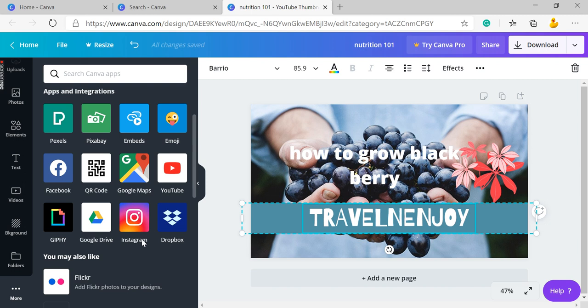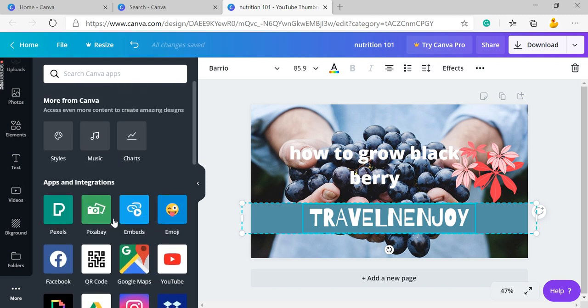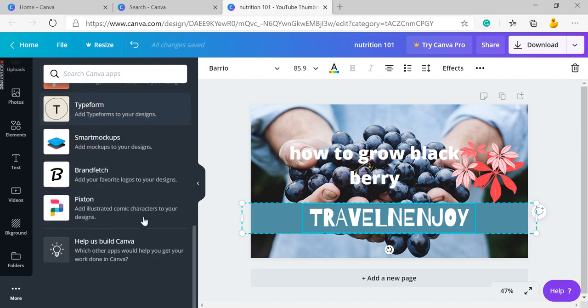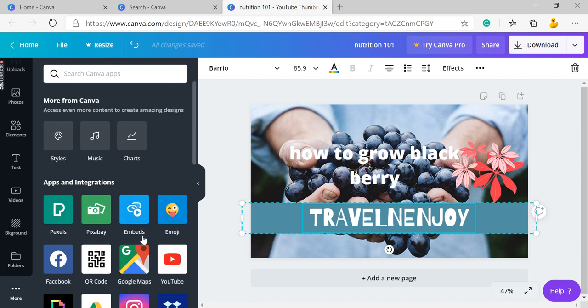There's an app integration. You can integrate those apps, and these are the free websites, as you know, Pixabay, Pexels. These are integrated, so the images which are there on these websites will also come here. You can do integrations and a lot of creative things that you can explore after logging into canva.com.